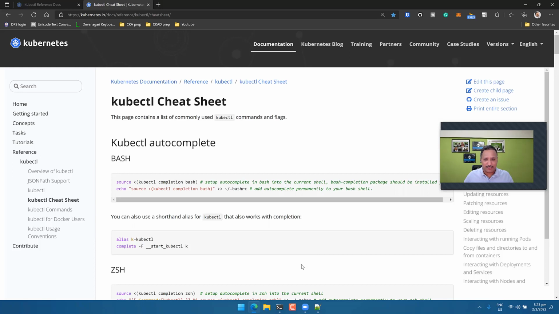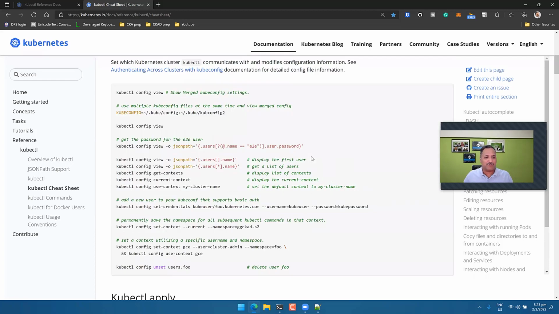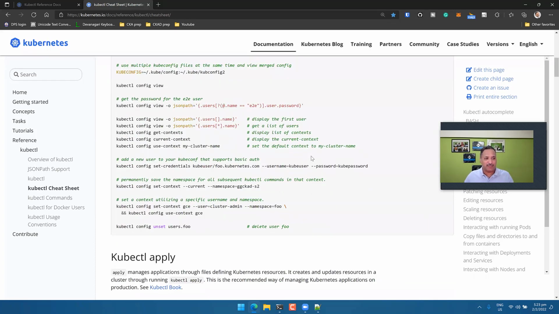So we don't have to remember the object names and things like that. This will be automatically completed in our test environment. So this gives a list of commands, like these are all imperative commands. And we have commands to work with the